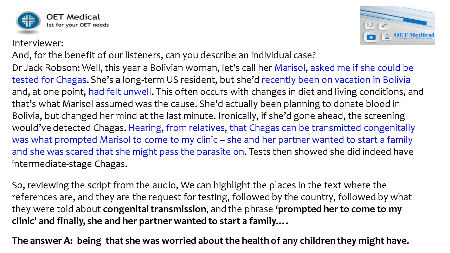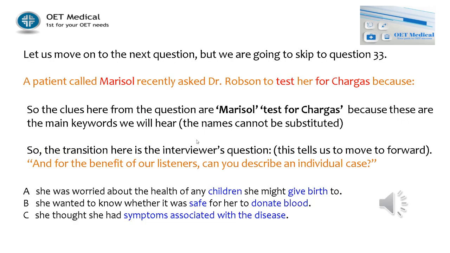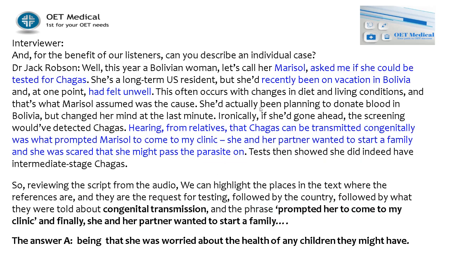Let's go back, just as a check. Health of any children she wants to give birth to. That was mentioned prominently. It was safe for her to give blood and symptoms associated with the disease. So symptoms associated with the disease, she'd been on holiday and she'd felt unwell, so she thought she might have the disease. But